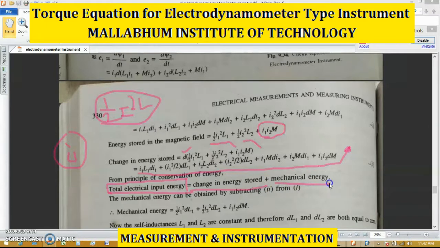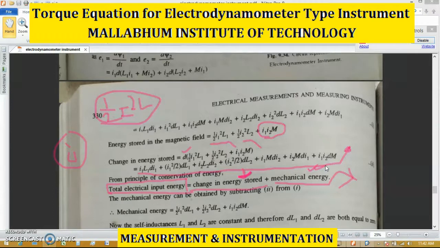Mechanical energy is responsible for deflection of the pointer. So the total input energy to the instrument is associated with the change in energy stored, whatever energy is previously there, that is the change of that value plus the mechanical energy. So if you want to calculate the mechanical energy,